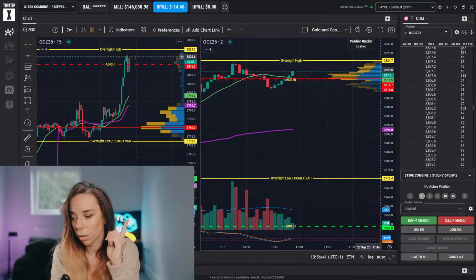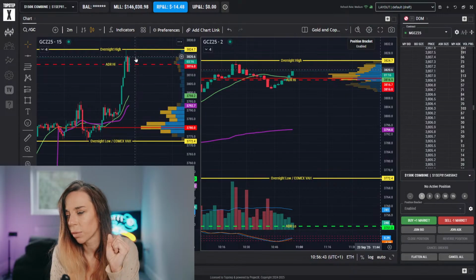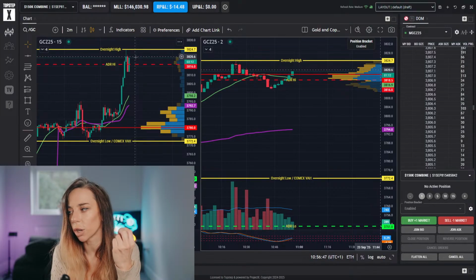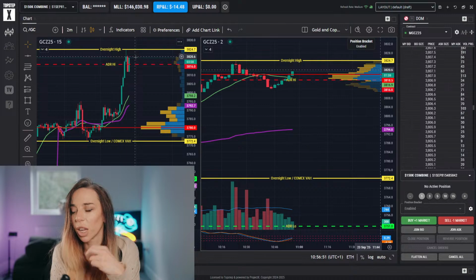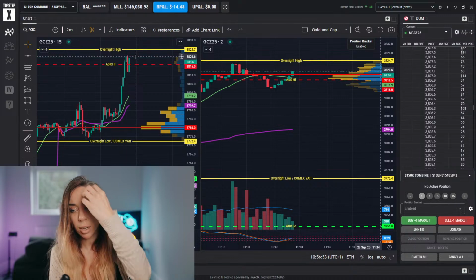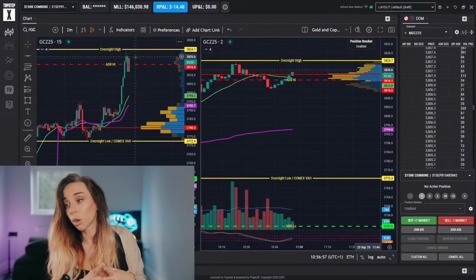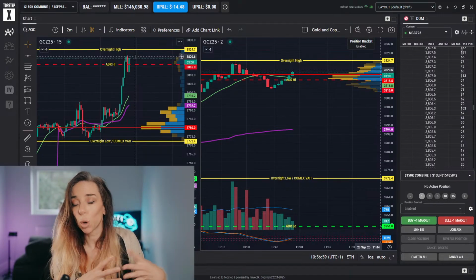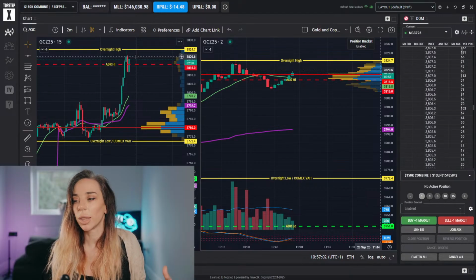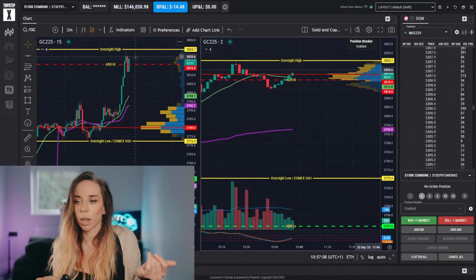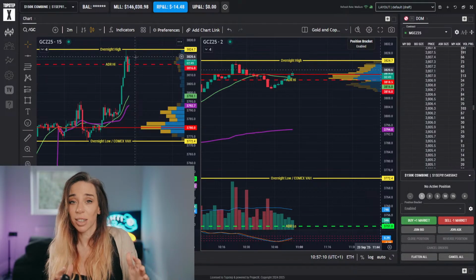So I need to see volume to the short side stepping in, price action following, because those two are not isolated components. They are actually very much connected, because volume is what really drives everything. However, sometimes if the price is not following that, it could indicate absorption of the orders at that level. And then you end up with high volume churn. There's like a ton of volume coming through, but the price is just like a doji. That's absorption